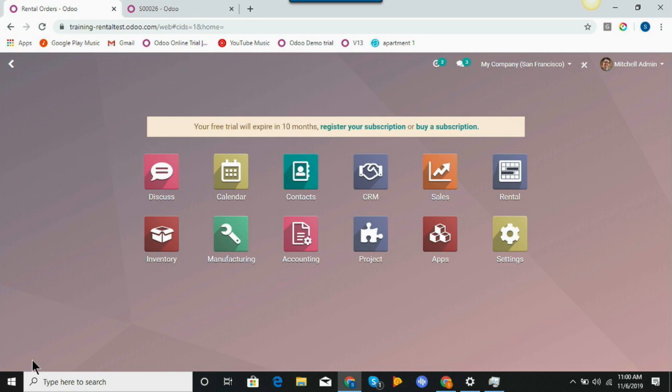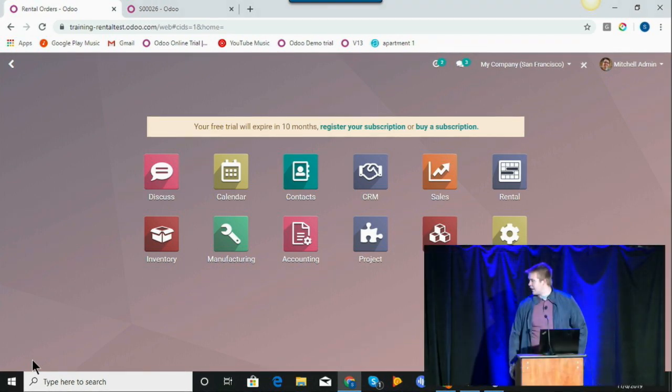The really cool thing about the rentals application is that renting things out in Odoo has been a tough spot in the last couple of years. It's been hard to keep track of the inventory. Once you move it out of your inventory, in Odoo's mind, it kind of disappeared. So that's the new solution that the rentals app brings: now you're able to keep track of that inventory, whether it's at your location, whether it's at a customer location, wherever it is,